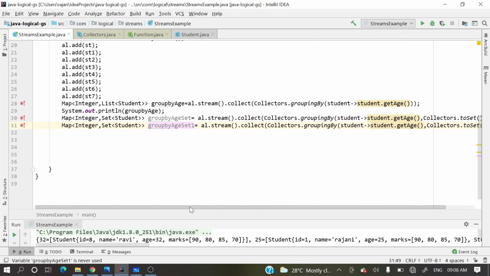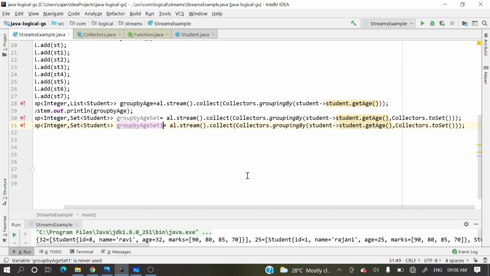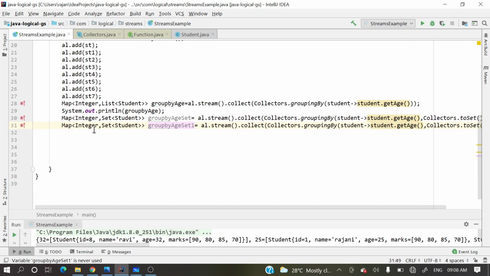I want those names as a list. Suppose age 25: whatever student objects are present with age 25, I want their names. I do not want the entire object in the list. So what exactly do I want? Key as Integer and value as either a list or set of names, or a list or set of String. Meaning key as age and value as a list of names or set of names, right?